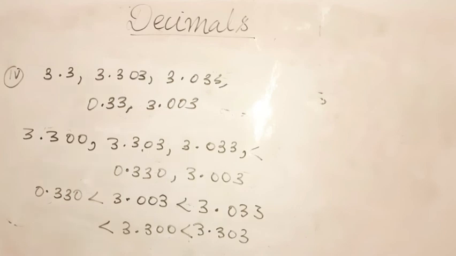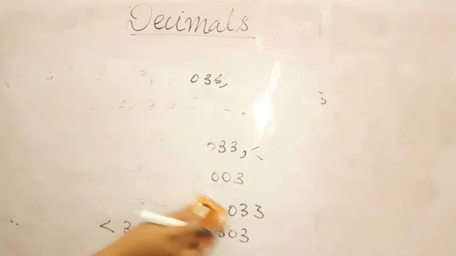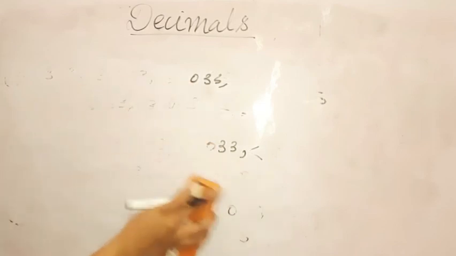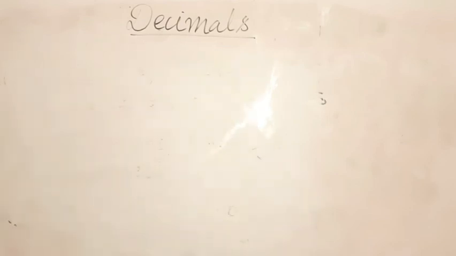In the same way, you have to arrange the decimal numbers in descending order also. Let me explain it to you. 2 options I will be explaining, 2 options will be your homework. Okay. So, question number 8. Arrange the following decimals in descending order. So, I will be solving the first and last option.